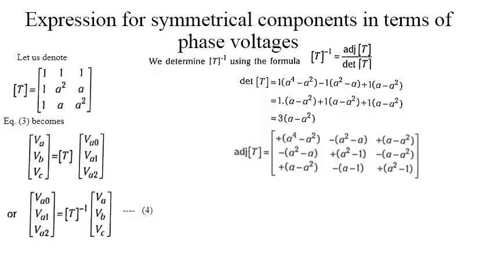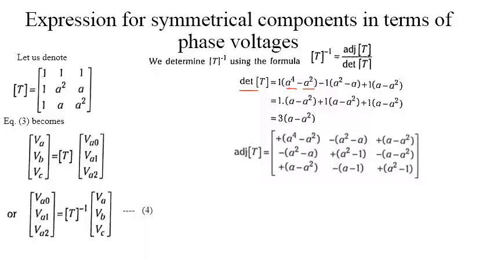To calculate this, we have to determine the matrix T. For this, the sign is plus, this is a minus, and this is also plus. To know this one, we consider this part of the matrix. That is A square into A square, A to the power of 4, minus A into A, and A into A is nothing but A square. The sign will remain the same, do not get confused here.